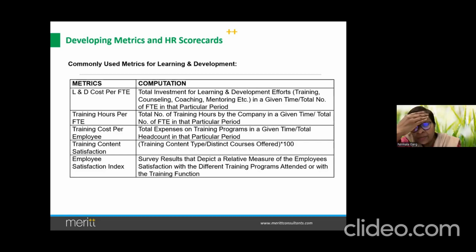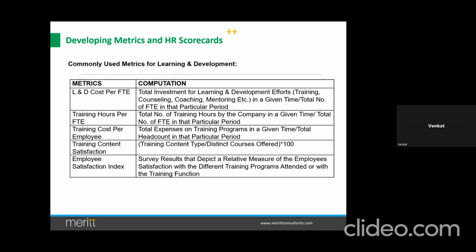Have you heard of the Kirkpatrick model? Heard but not remembered actually. It's long back. You remember a little. So we will talk about it. We will do L&D metrics in detail. Then we will talk about how you can actually